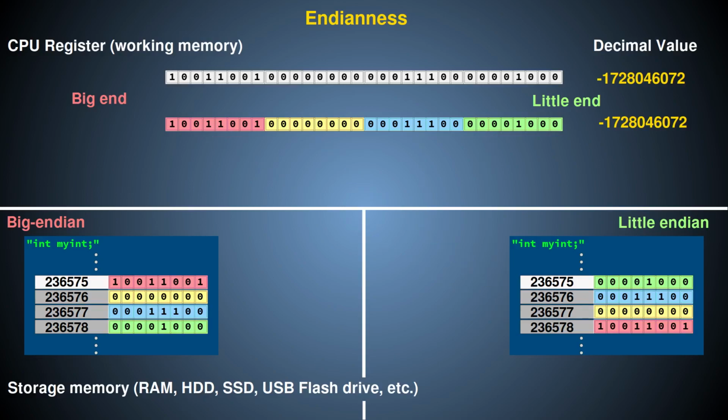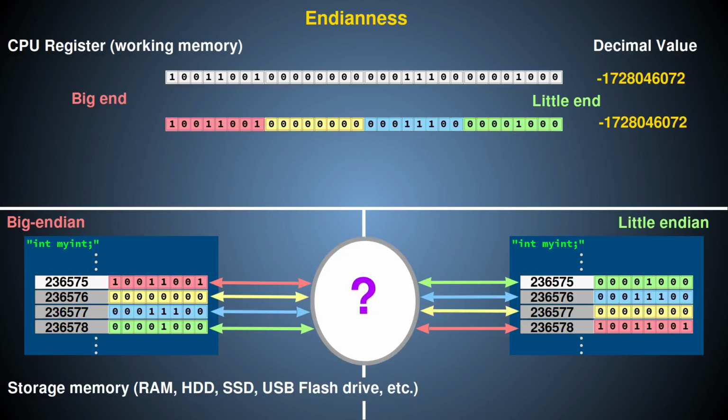Each computer system is internally consistent with how it does this, so the only time it becomes significant to us is when we're exchanging data between computer systems of different endianness. This exchange of data between systems can occur in 2 main ways. One is via computer networking, and network protocols contain inbuilt systems to detect endianness and compensate for it. The other is when we copy files manually from one system to another, bypassing direct network transfer of the individual bytes, such as downloading a file in a specific format or using removable media to take files from one machine